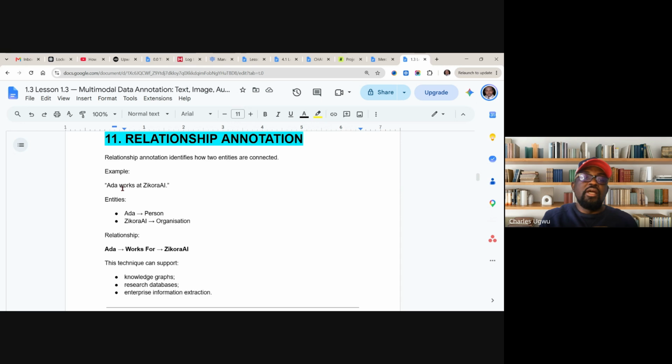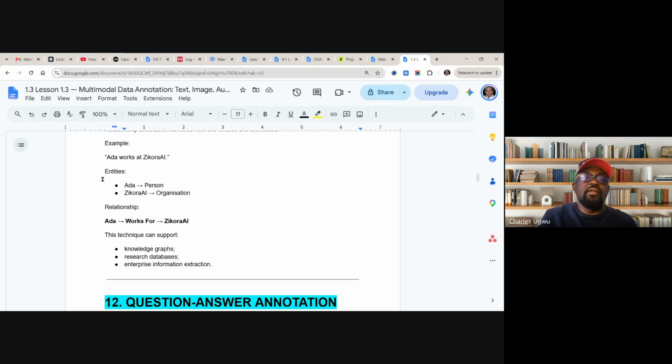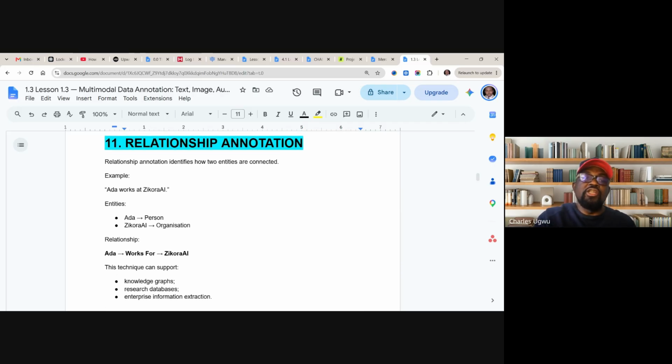And here you see Ada works at Zikora AI. And here we have the entities: Ada, person; Zikora AI, organization; then relationship, Ada works for Zikora AI. So these techniques can support knowledge graph, research database, and enterprise information. So we train AI equally on relationship,